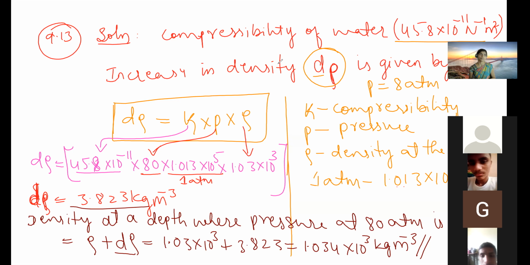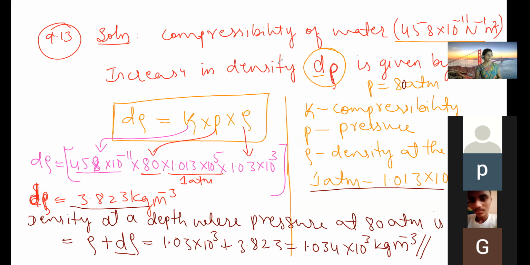Rho is the density and atmospheric pressure ಕೊಟ್ಟಾರ ಅವರು, 80 atmospheric pressure ಅಂತ ಕೊಟ್ಟಿದಾರ. So 80 atmospheric pressure they have given in the question itself. ಹಂಗಂದ್ರ 80 ಇಂಟು 1 ಅಟ್ಮಾಸ್ಫಿಯರಿಕ್ ವ್ಯಾಲ್ಯೂ ಮಾಡ್ತೀವಿ. ಯಾಕೆ ಹೇಳ್ರಿ? 1 ಅಟ್ಮಾಸ್ಫಿಯರಿಕ್ ವ್ಯಾಲ್ಯೂ ಅಂದ್ರೆ ಅದು ಯಾವಾಗಲೂ ಕಾನ್ಸ್ಟೆಂಟ್ 1.013 ಇಂಟು 10⁵. ಸೊ ದಟ್ ಈಸ್ ಆಲ್ವೇಸ್ ಕಾನ್ಸ್ಟೆಂಟ್. ಯು ಹ್ಯಾವ್ ಟು ರಿಮೆಂಬರ್ ದಟ್ ಒನ್. ಆಮೇಲೆ ಡಿ ರೋ ಅಂದ್ರೆ ಚೇಂಜ್ ಇನ್ ಡೆನ್ಸಿಟಿ ಇಸ್ ಗಿವನ್ ಬೈ ದ ಫಾರ್ಮುಲಾ ಕೆ ಇಂಟು ಪಿ ಇಂಟು ರೋ. ಕೆ ಮೀನ್ಸ್ ಕಾಂಪ್ರೆಸಿಬಿಲಿಟಿ, P is the pressure and rho is the density.